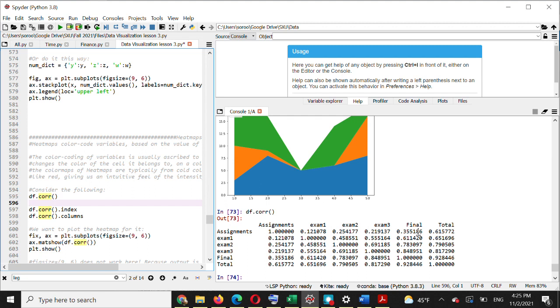So you can see that doing assignments will help students with the exams and with the final as well. And it has a very high correlation, 0.61, with the total. And exam 1 has some correlation with exam 2, with exam 3, and with final, and of course with total, and so on and so forth. Now, with that being said,